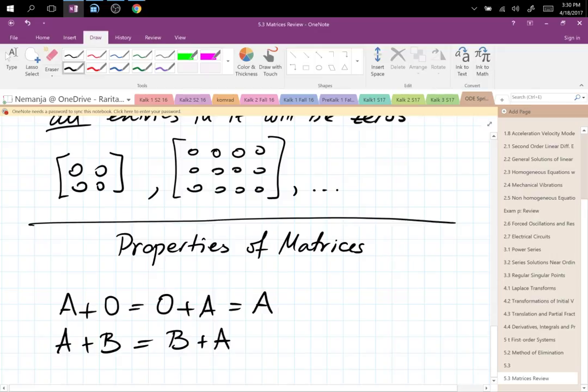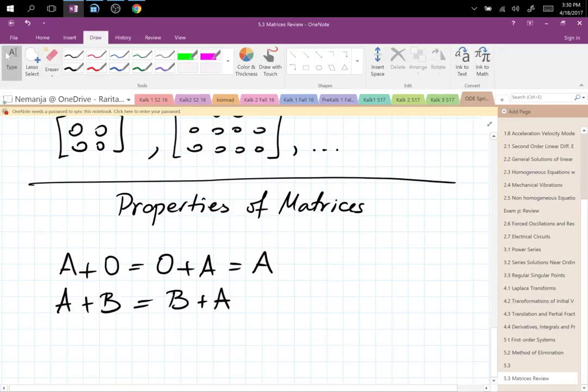There we go. The next one is distributive property. So as long as the matrices are again of the same size,